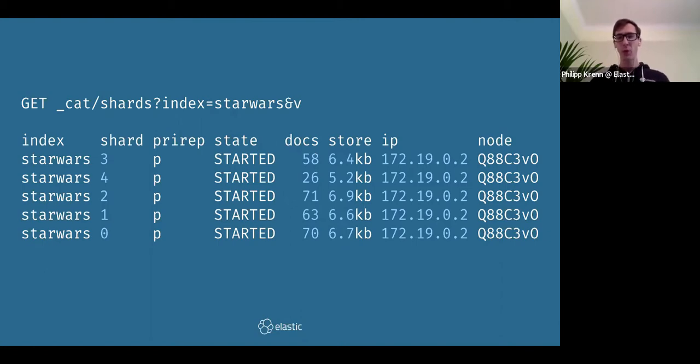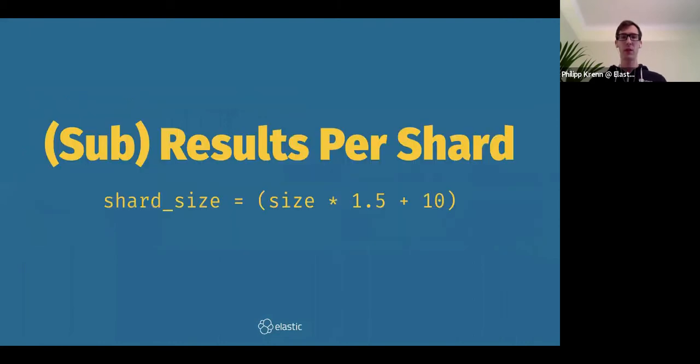And this is why we are counting wrong here, because how you count that aggregation is that you don't get all the terms from every single shard, but you only get the number of results based on this formula. So size is how many results you are asking for. I'm asking only for 1. 1 times 1.5 plus 10 is 11.5, which will be rounded down to 11. So if you ask for the top 1 result, every single shard is only giving its own top 11 results. That is, of course, an optimization.